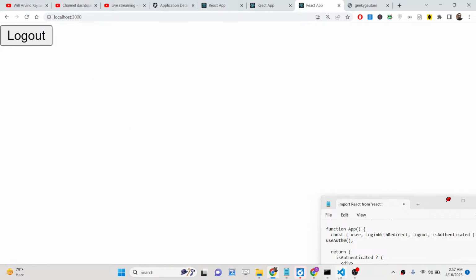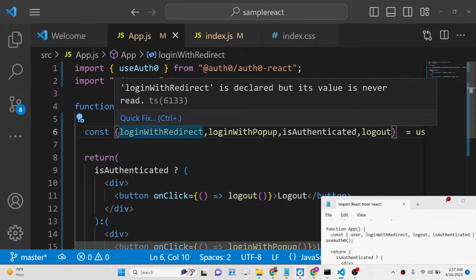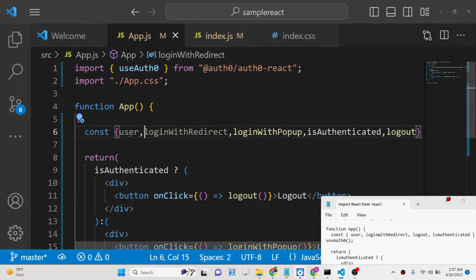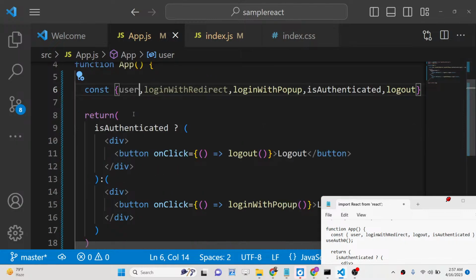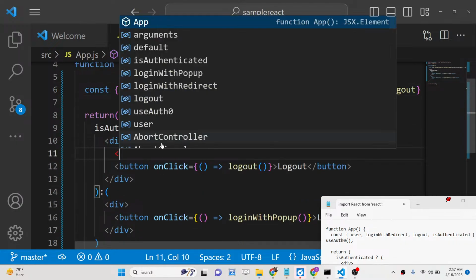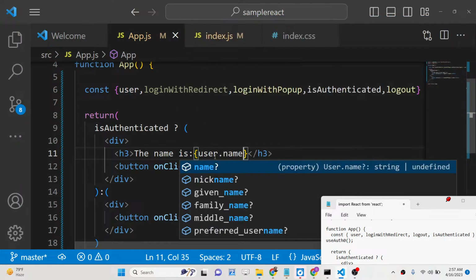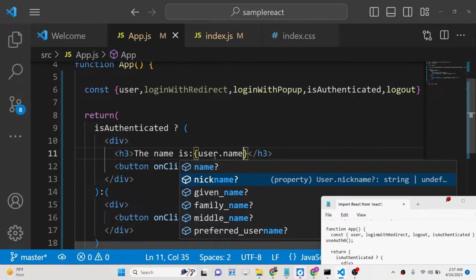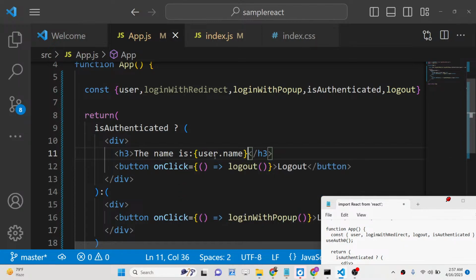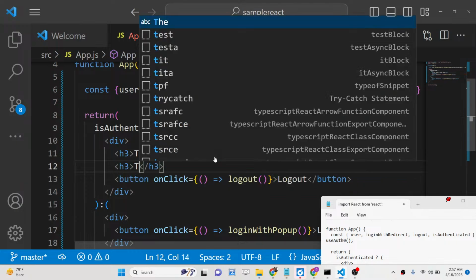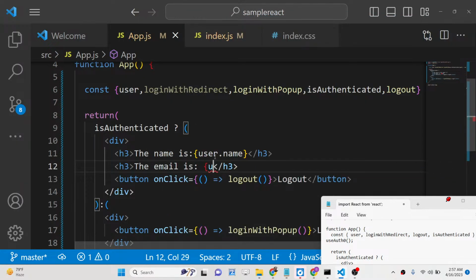And now to display profile information guys, we have a user object pre-built using this package. We have this property user like this, and right here very simply we can display the information in h3. The name is simply, this is an object which contains various properties. We can list out the object right here. Just print out. You can see we can't print objects here, so we can say user name. It contains all these properties: nickname, given name, family name, middle name, all this. So this will print out the name, and if you want to get the email, we can simply say user email,